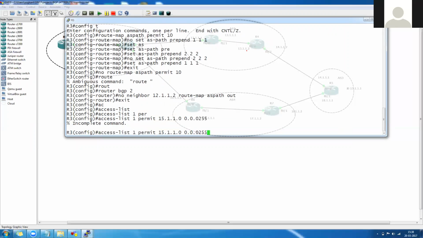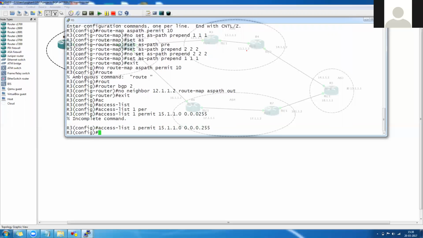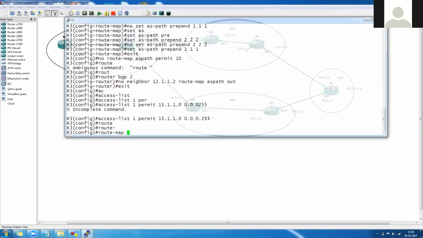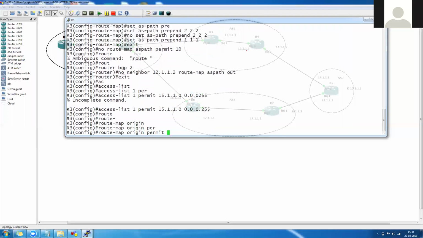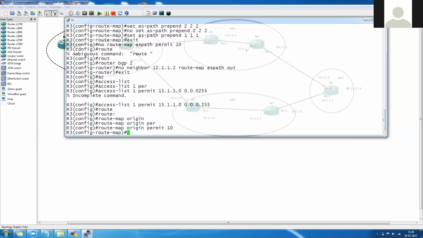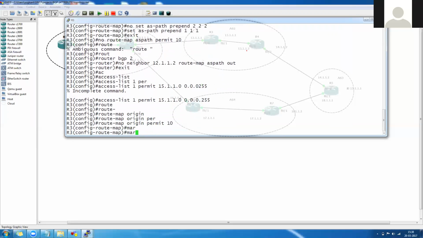So where I have a mistake. Oh, this is a mistake. Enter. Okay, now route map origin permit 10 match